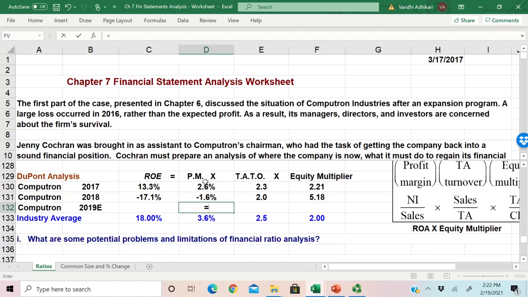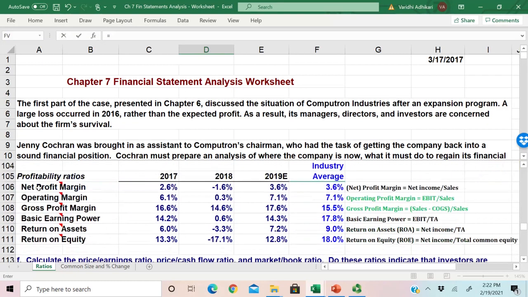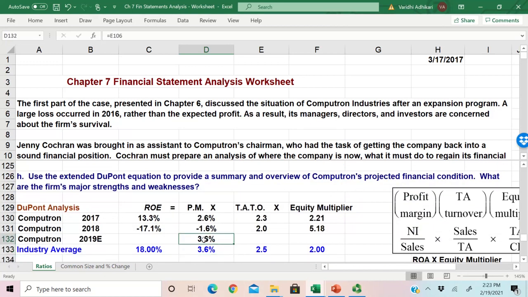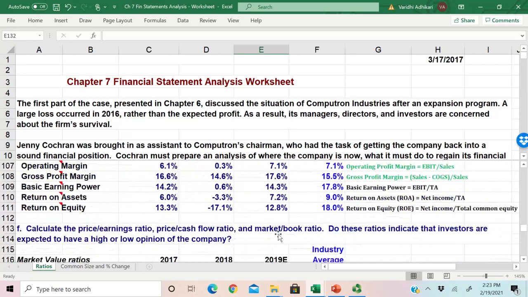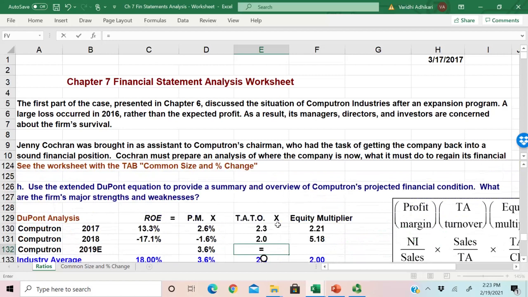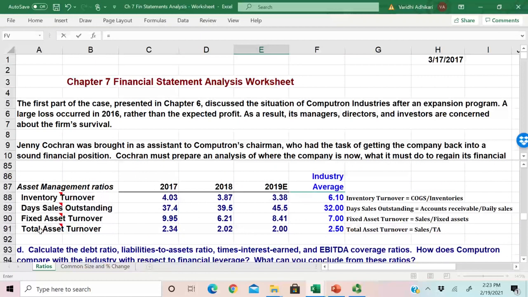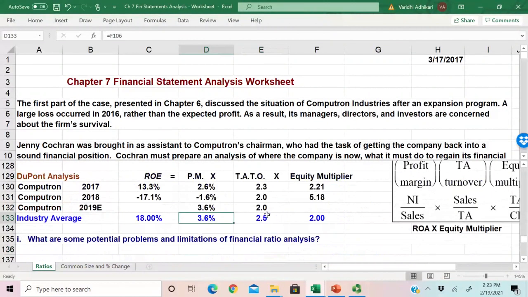So what was the profit margin? Profit margin is net income divided by sales, which we have calculated here. Net profit margin in 2019 was 3.6%. Total asset turnover comes from the asset management ratios. Total asset turnover in 2019 was 2, generating sales per dollar of asset, times